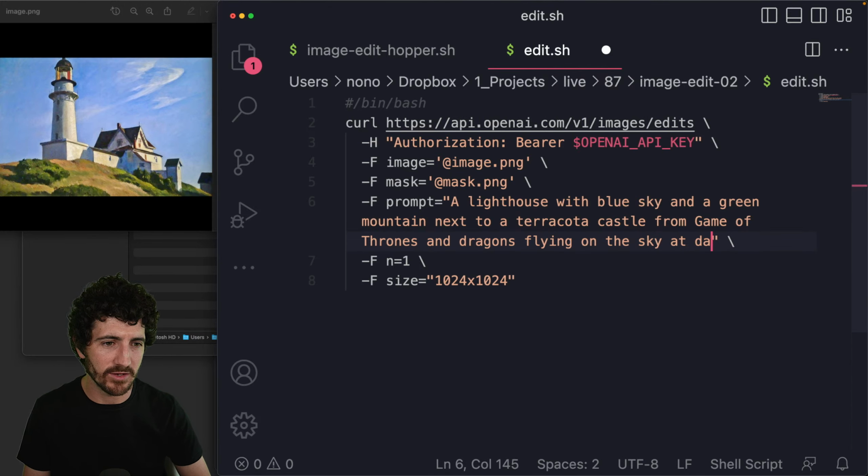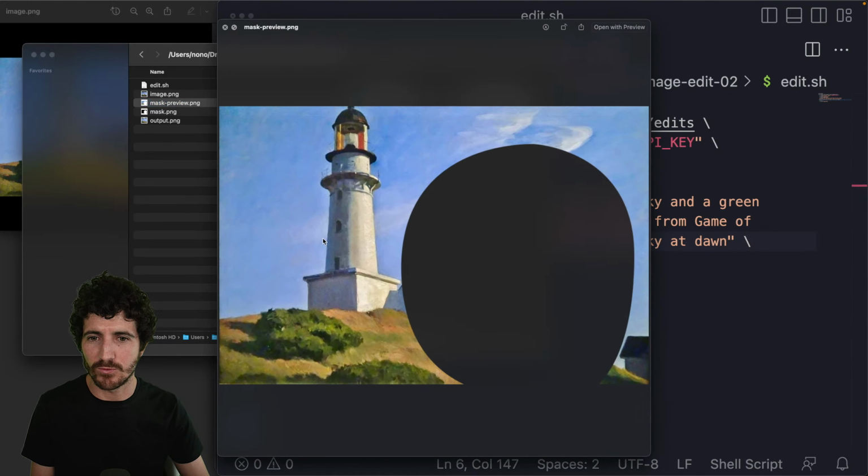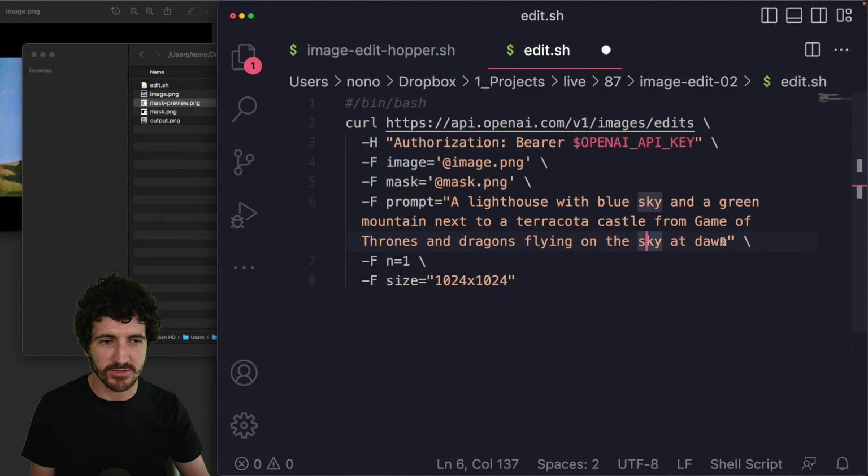Let's see, at dawn. So we're just telling it to modify this part, but the context here is not done. So I'm just gonna maybe,